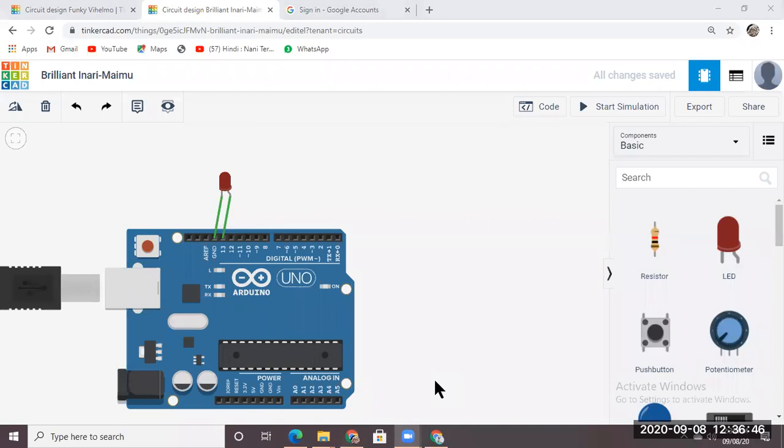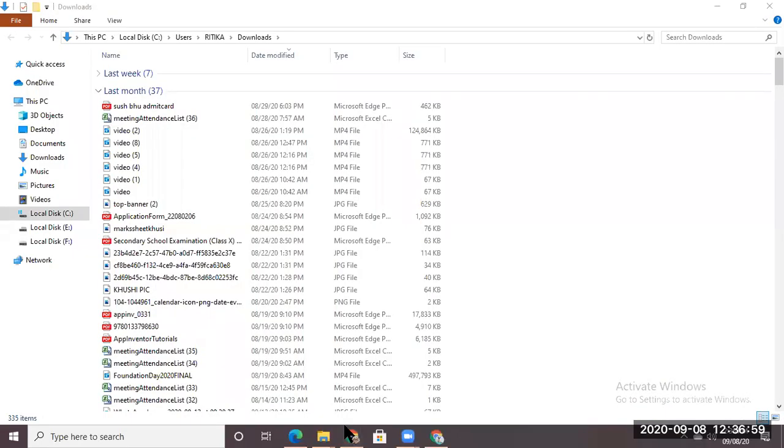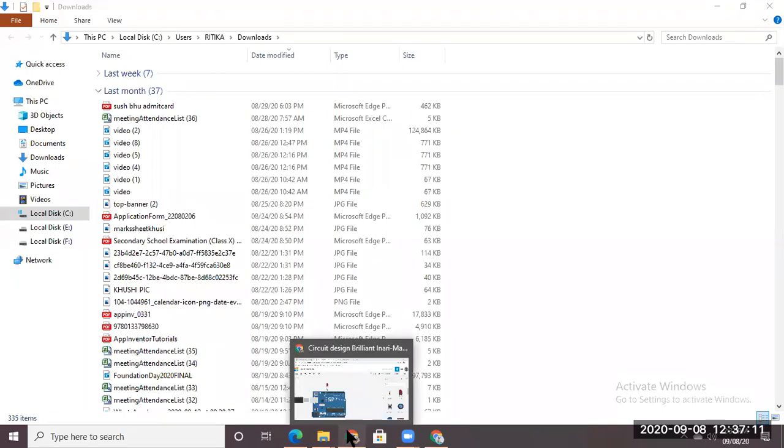Oh, you have to wait and you can do it after the class. Okay, have you connected the LEDs? Those who are working, have you connected the LED? Yes, Sarthak has connected the LED. Okay, very good.